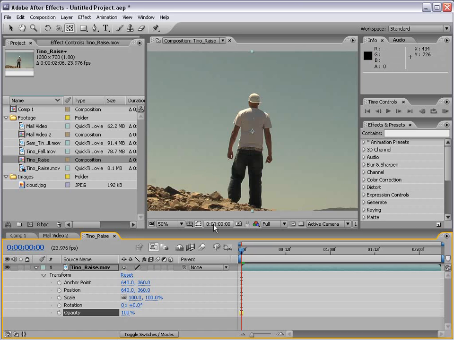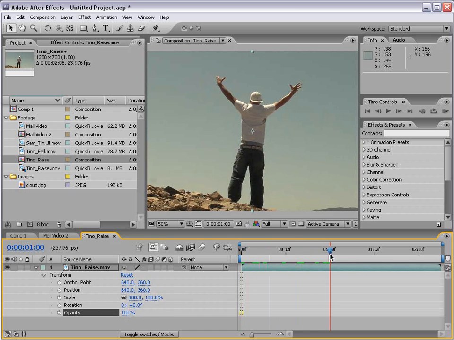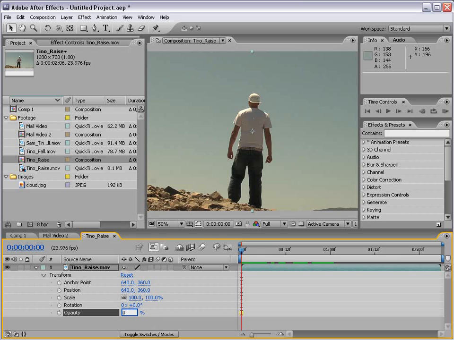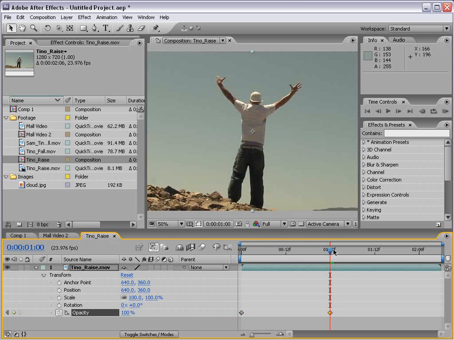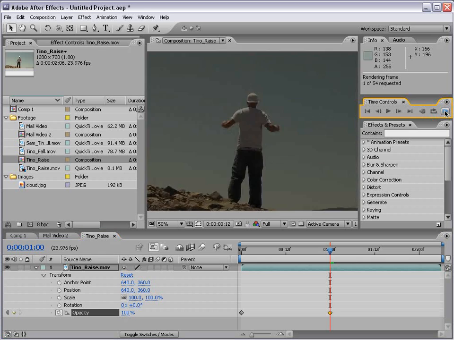Now, say I want to fade this clip in. Well, let's go back to our main arrow tool. And what we want to do is keyframe the opacity from 0 all the way up to 100 over the period of, say, 1 second. So to do that, what we want to do is start at 0 and turn the opacity down to 0. So I type 0, hit enter. Then if we click on the stopwatch, that sets a keyframe at that point in time. Then if we move forward to 1 second in time using the current time indicator, I can then bring the opacity up to 100%. Then I play this back by hitting my RAM preview button,